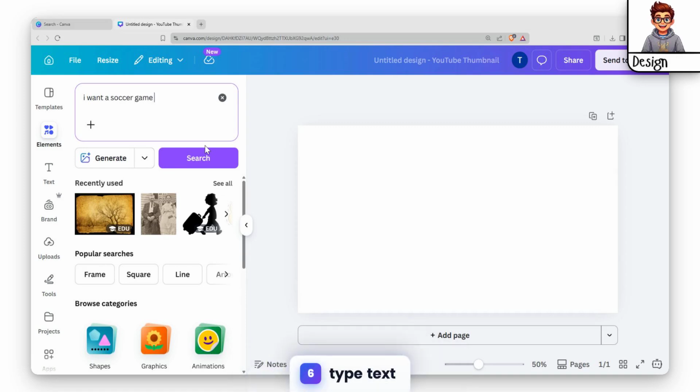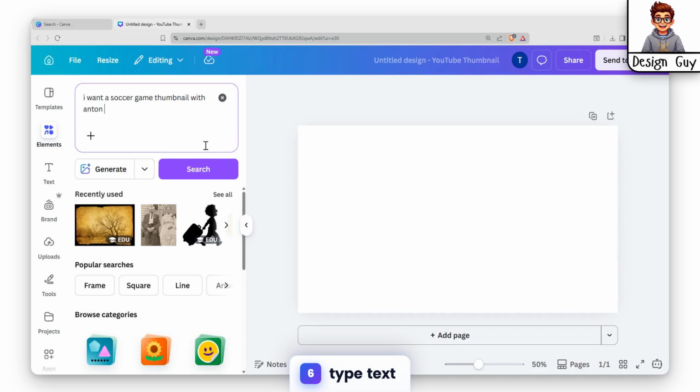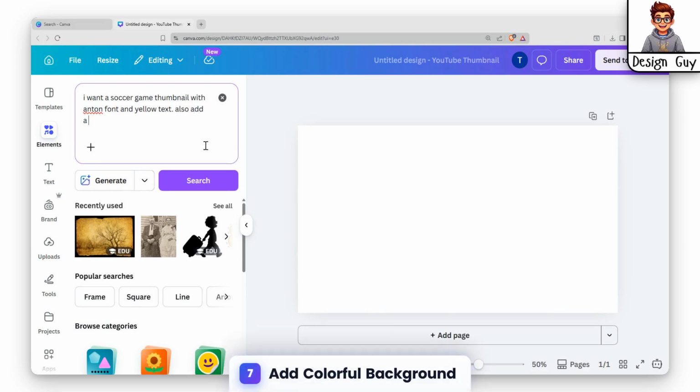To create a soccer game thumbnail with Anton font and yellow text, open your graphic design software. Start a new project with your desired dimensions. Select or import a soccer-related background image. Add your text title, then choose Anton from the font menu. Set the text color to yellow for visibility. Save your completed thumbnail. Choose a colorful background by clicking the background options, then select your preferred color to apply